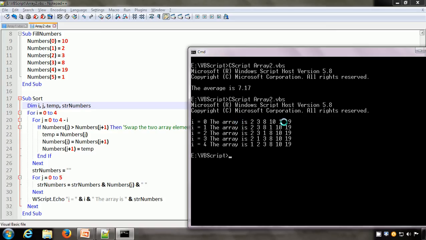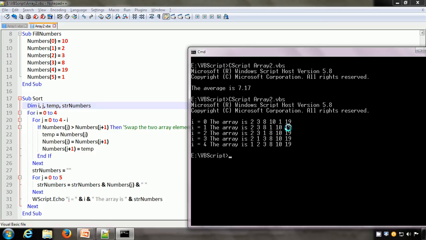And you can see in this entire list of elements that 19 has reached its correct position. 19 is the highest element and it has reached the index 5, that means the correct position. When I is 1, that means the second time we went through the array, the second highest element, which is 10, has reached its correct position.